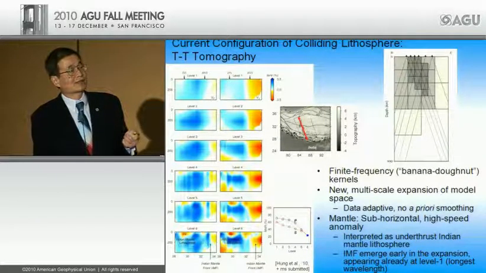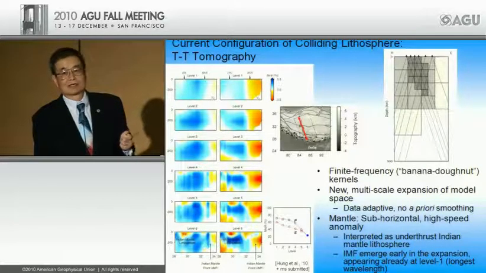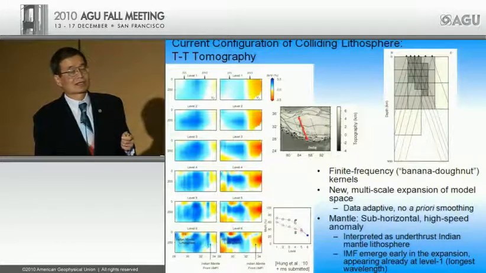So look at this cross-section. It's very schematic. You have a few seismic stations here. You have teleseismic arrivals following these rays here. There are regions where you don't have many rays, and in fact, they don't cross. Then we say, well, let's make the mesh very coarse because we can't resolve any details. In regions here, there are lots of rays, and they cross each other. Then we make the mesh very fine so we can resolve all the details. It's data adaptive in a sense that it just says, look, give me the longest wavelength feature you can resolve.